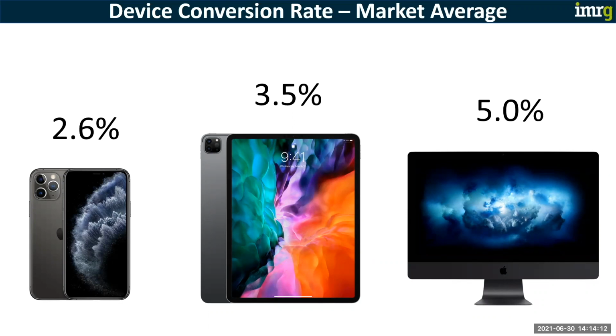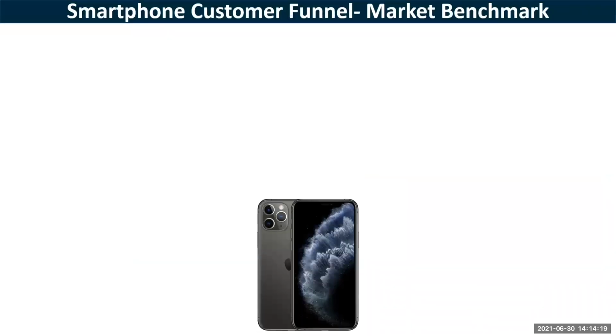There's a lot of different checkpoints along that journey that a customer can do that can be measured. And that's what's known as the customer funnel. And specifically what I'm going to show you here are the stats for the smartphone customer funnel. So to clarify it completely, the